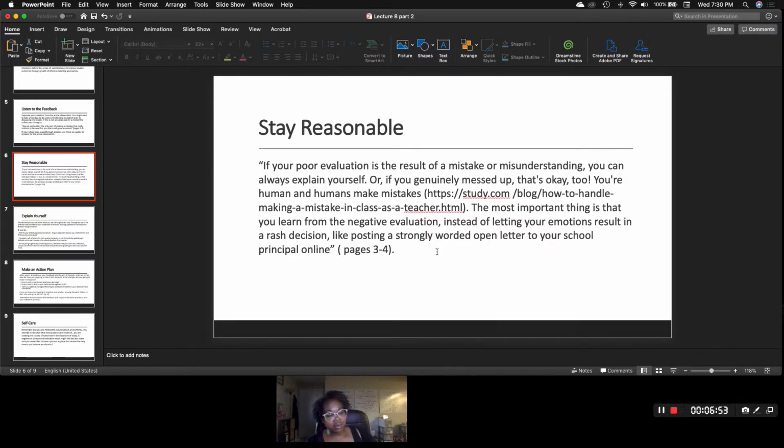Sometimes we have a hard time seeing the mistakes of the things that we do or things that are not going well. So it says here, if your poor evaluation is a result of a mistake or a misunderstanding, you can always explain yourself. And this is where the tips that come later in regards to you having your evaluation process set up are really important. It says the most important thing is that you learn from the negative evaluation instead of letting your emotions result in a rash decision,